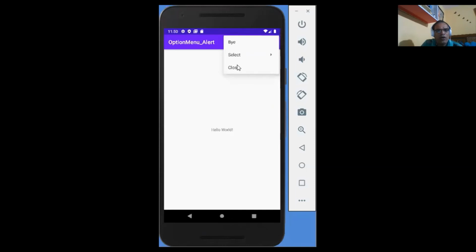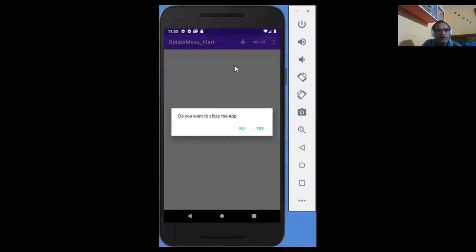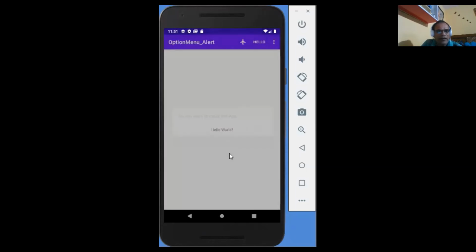But if we click on close, now this is the dialog box, and that is the alert dialog box. And what happens if we don't use this dialog box and we click on the screen? Now the dialog box disappears. But this should never happen. Either we have to use yes or no, then we can continue the work. So we want that dialog box to stay, and either we have to use the yes button or the no button, then we can proceed.